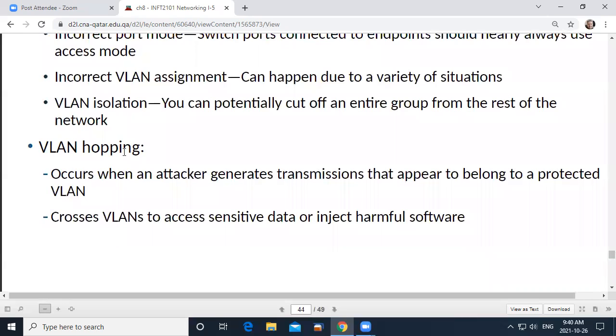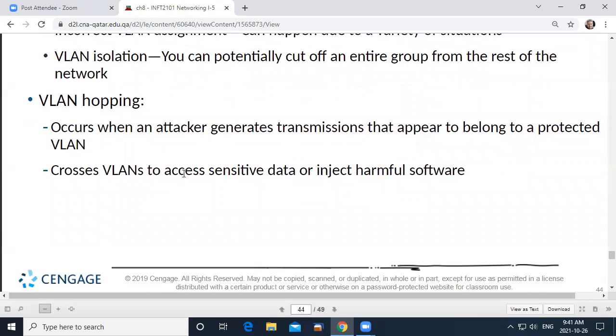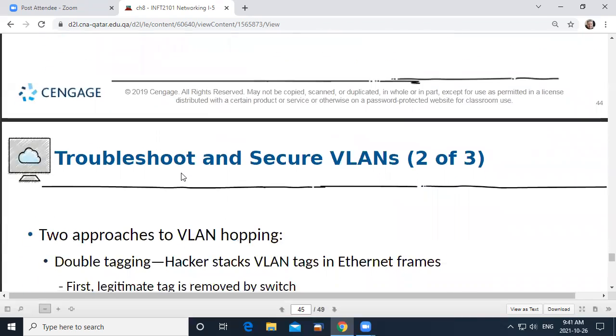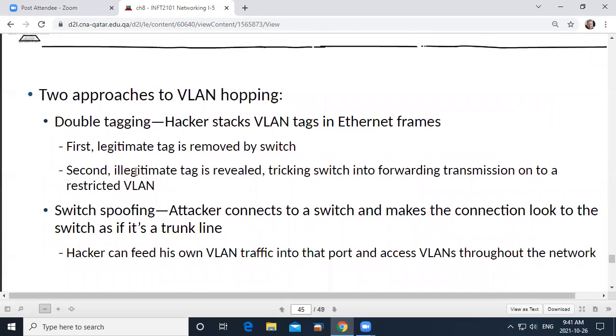The last point there is about VLAN hopping. I guess you could almost use the word hacking there. So basically what we're talking about is intrusions that can occur because you haven't set up your VLAN correctly, so that an attacker can access your VLAN and inject deleterious software.